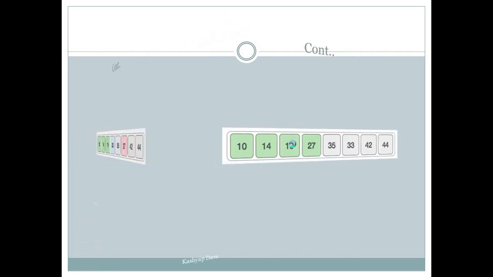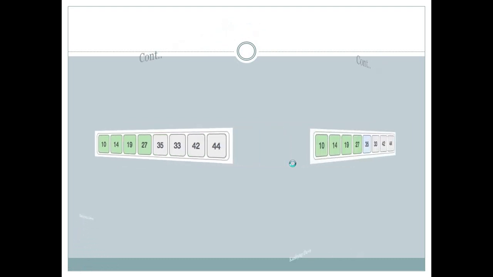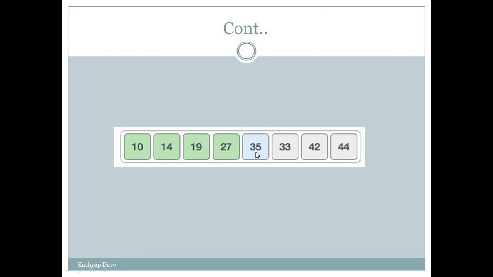So 27 will be a part of the sorted list, and the unsorted list will have these four numbers: 35, 33, 42 and 44. In the next step we have to take 35. So let's compare 35 with the unsorted list: 35, 33, 42 and 44.